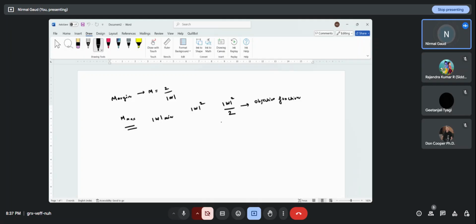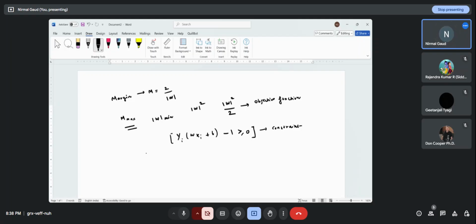For optimization, we do have a constraint equation which is given as yi w xi plus b minus 1 greater than equal to 0. This is the constraint equation. Okay, fine. So we do have w square by 2 as objective and this as constraint,